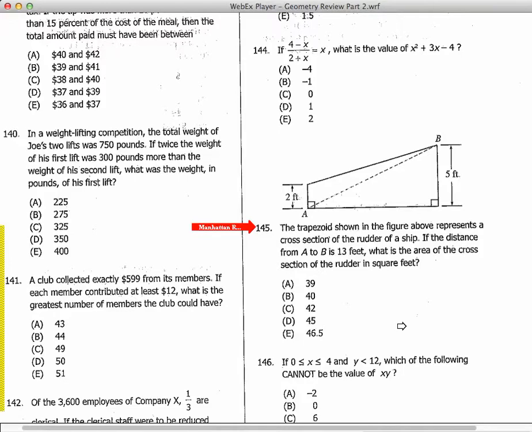So if AB is 13, well, that should immediately make a red flag go up for you that says, right, this is a 5, 12, 13 triangle, and indeed you then look and see that one of the leg lengths is 5, and that should immediately make you think, right, okay, well, the distance from A to the fourth vertex of the quadrilateral of the trapezoid is 12, and therefore I'm going to be able to plug that into the formula. Okay, so that's a pretty straightforward example of a